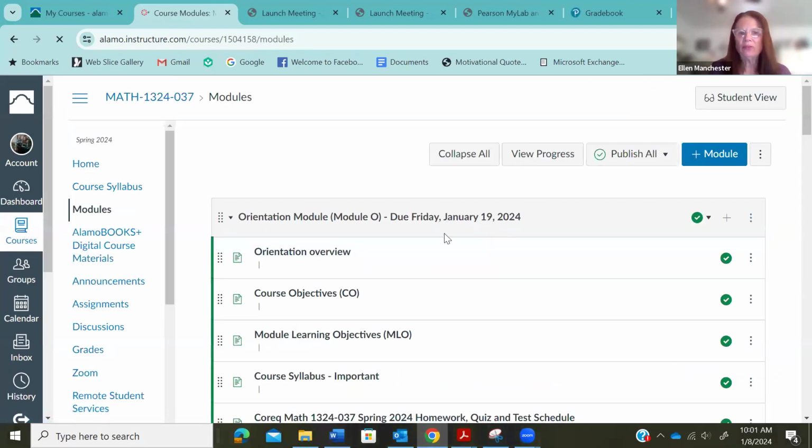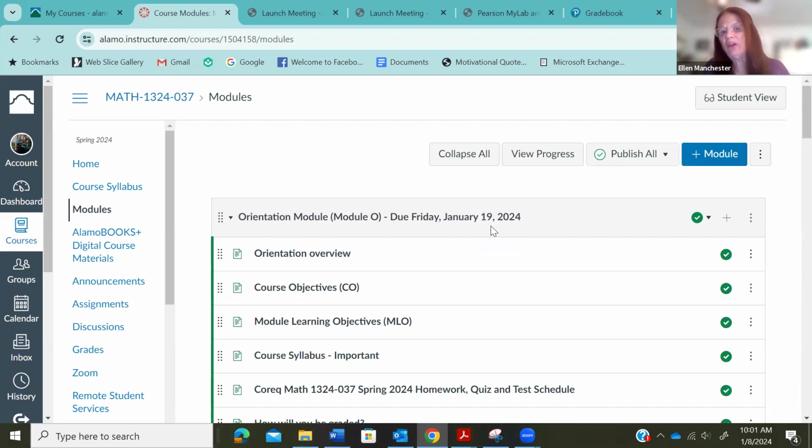And here is your orientation module. This orientation module is due Friday, January 19th for everybody, except obviously my Flex 2 course. I'll probably make a separate video for them. Friday is going to come quick. Monday the 15th is a holiday, we start classes Tuesday, and then you have these assignments due Friday. What I would suggest is you jump right in and don't slow down throughout the entire semester, because it's cram-packed. So make sure you always notice the due date.